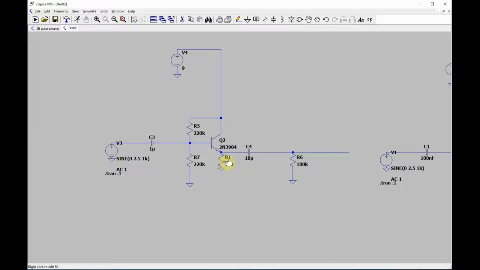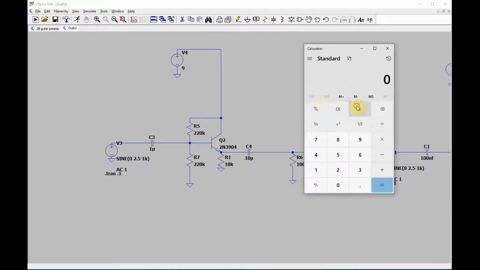It's going to be this resistance times the HFE. So let's say it's 10,000 times, let's just give an HFE of 200. Okay, so that's 2 megs. So 110K paralleled with 2 megs, well, that's just 110K basically, because this is so large comparatively, then you can just ignore it. So anyhow,